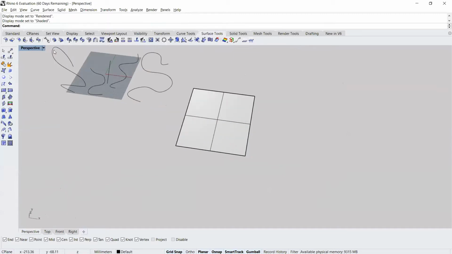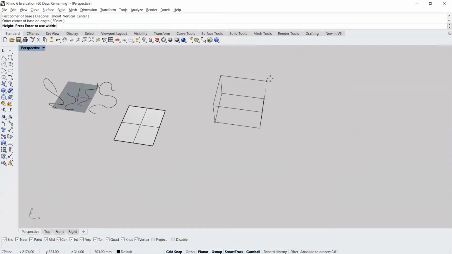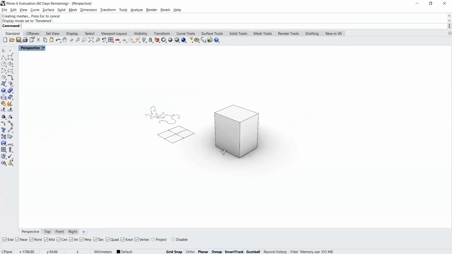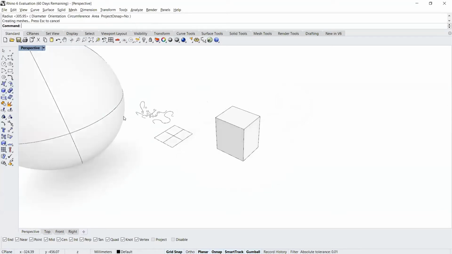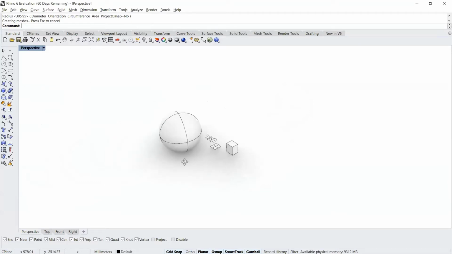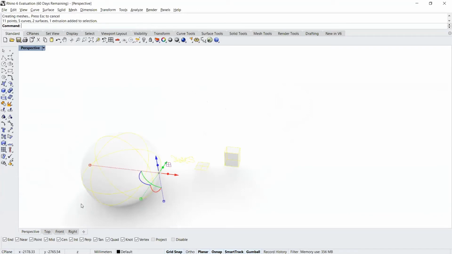We can also make primitive shapes like a solid box using this. And if we go to the rendered viewport again, this is something which looks like a solid box. We can make spheres, and we can explore many different typologies of geometries which primitively exist in the Rhino interface. But for now, we will stick to this for Rhino because our main focus is on Grasshopper. So I will quickly erase these all and move to Grasshopper.